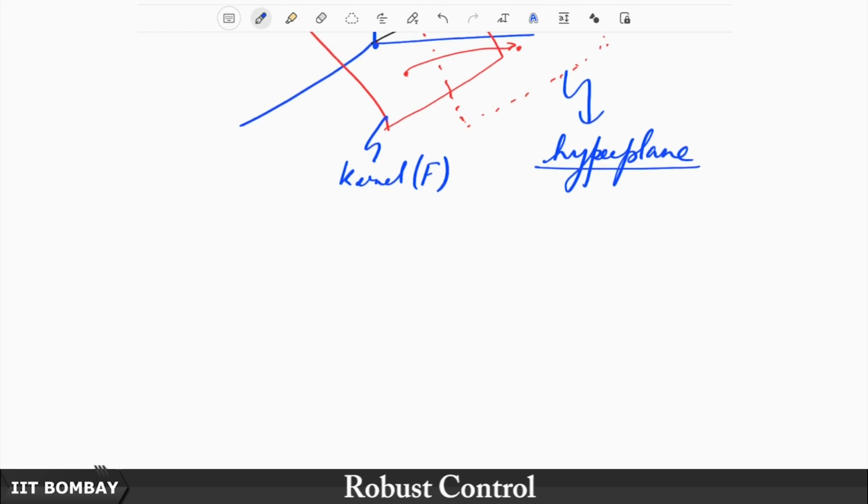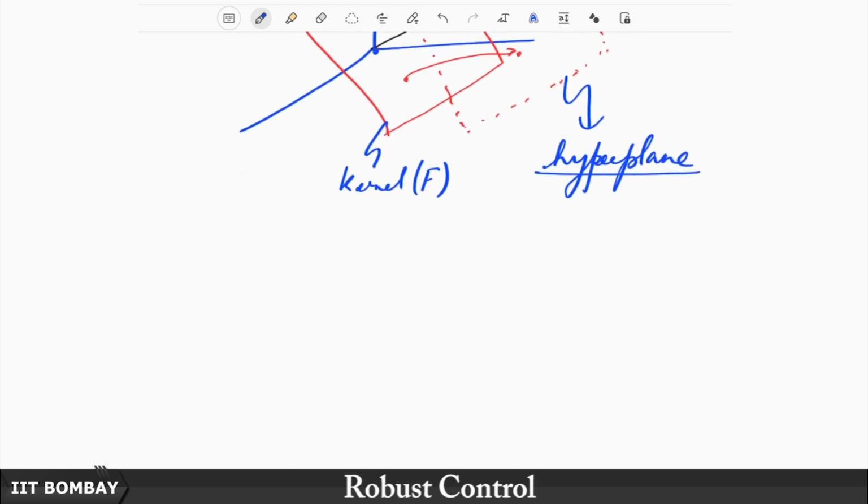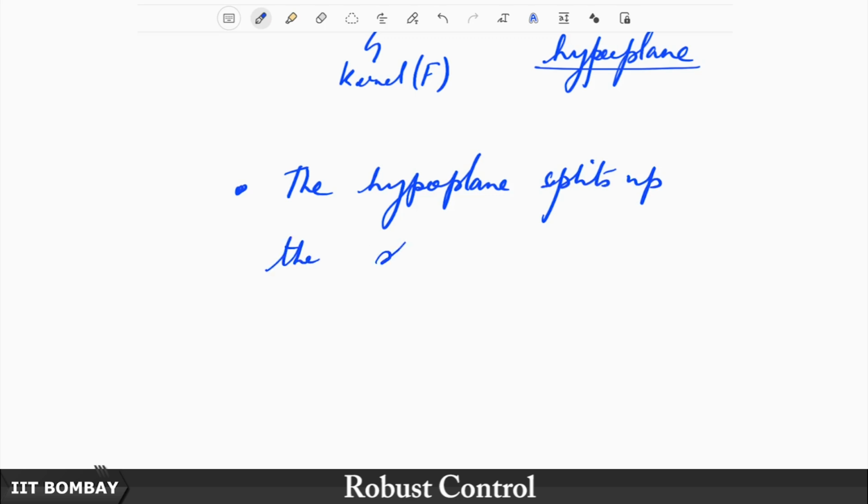So any vector space must contain the 0 of the vector space. So therefore the hyperplane is clearly not a vector space. Nonetheless, it still preserves the property of this n minus 1 dimensional vector space in the sense that the hyperplane splits up the space